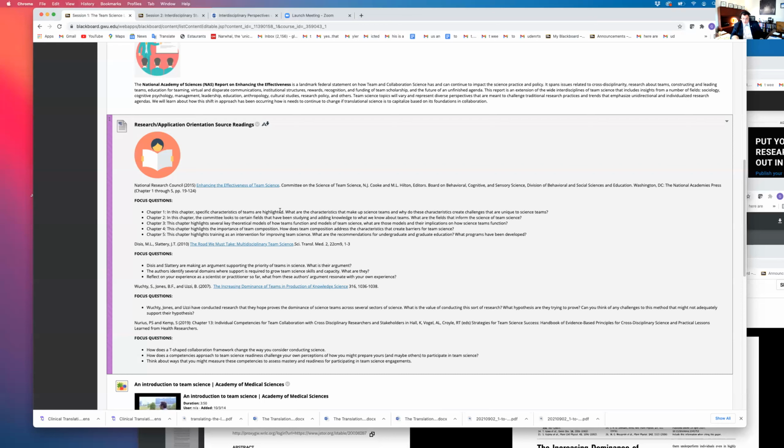Also, I want to draw your attention to page 73, because I think it's really important to understand these issues that we study in the science of team science. How do they really help people? How do they change things for the better? And I think table 3.1 gives you some really good ideas.